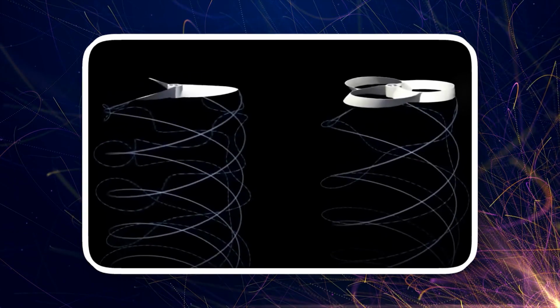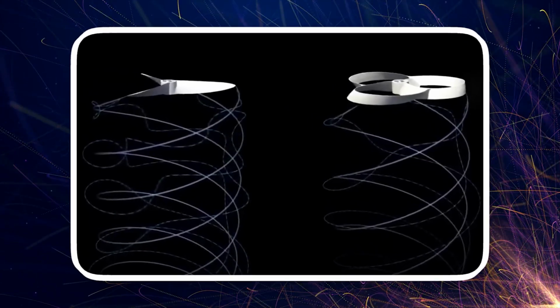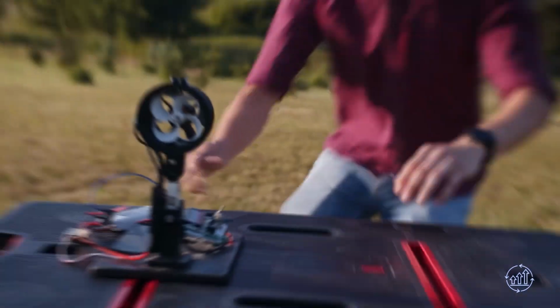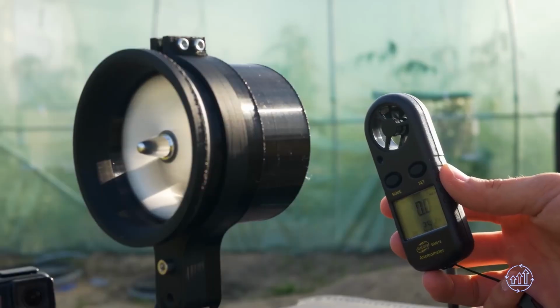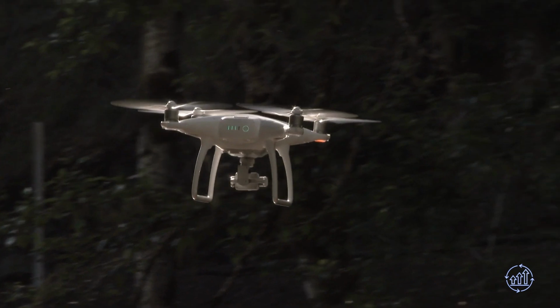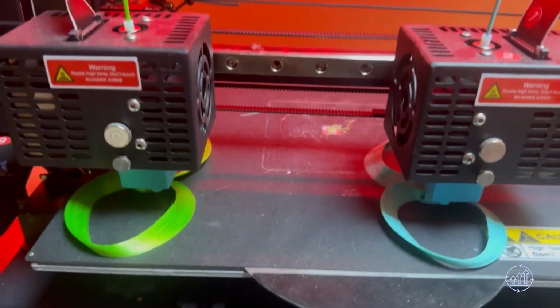Notably, the toroidal prop generates significantly fewer bubbles, known as cavitation, at the blade tips despite sharing the same size and rotational speed as the standard prop. This reduction can be attributed to the toroidal prop's ability to generate fewer trip vortices, which minimizes noise vibrations and enhances efficiency. It is believed that the toroidal prop spreads vortices across the entire blade, diverting their concentration away from